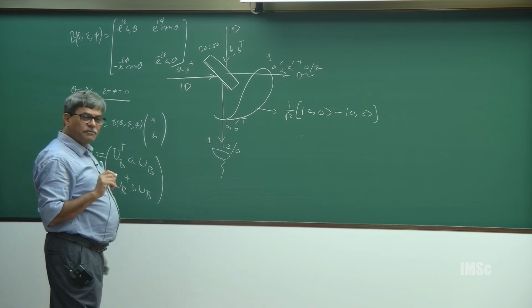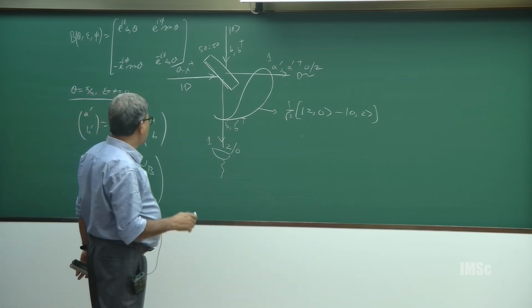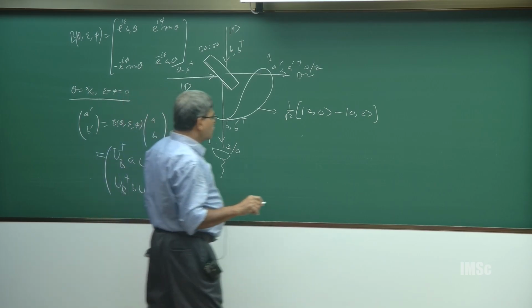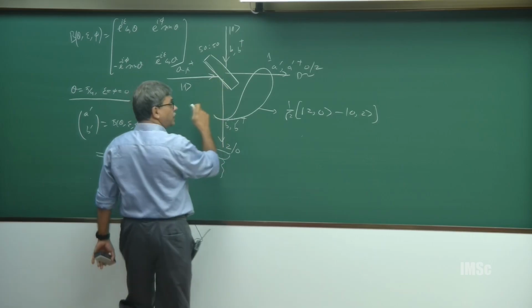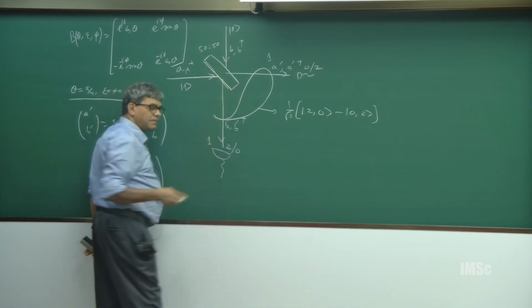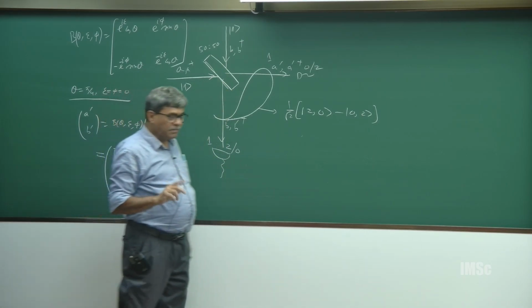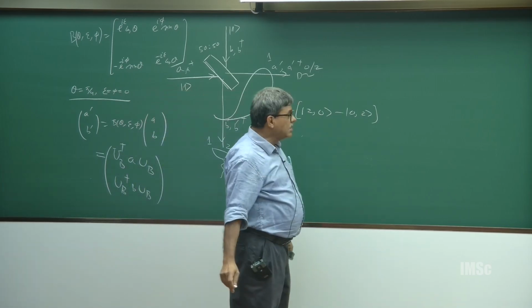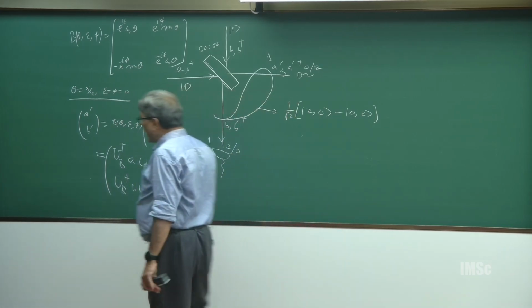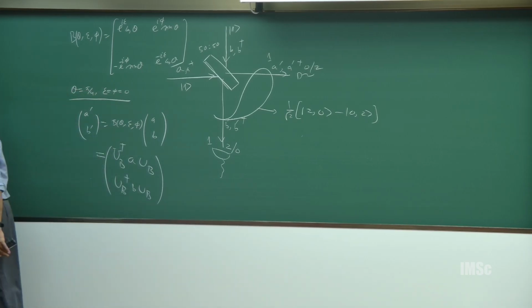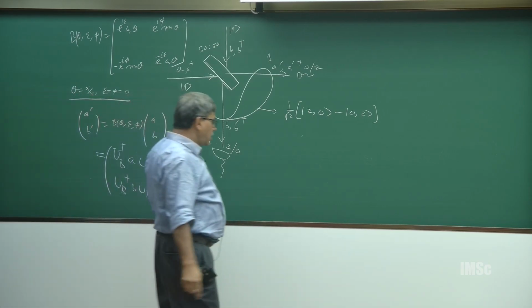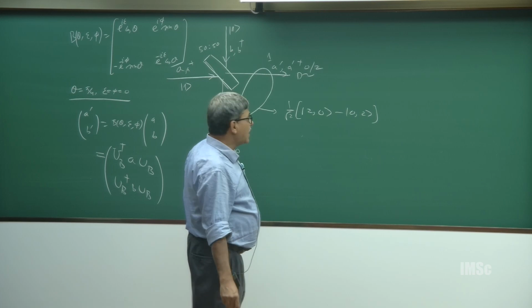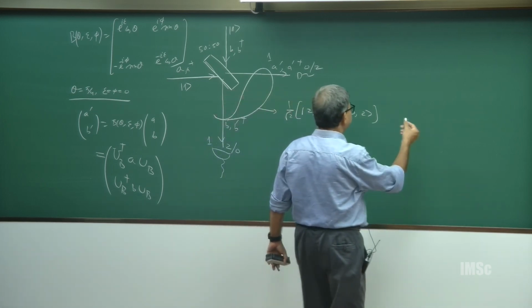So, let us try to understand what is going on. There are 4 possibilities for these 2 photons when they come inside this beam splitter. Okay. So, one possibility, let me take another color, perhaps then things will be easier. So, 4 possibilities are that